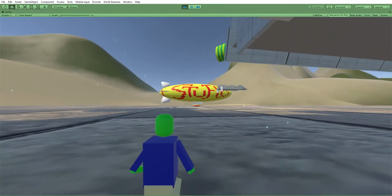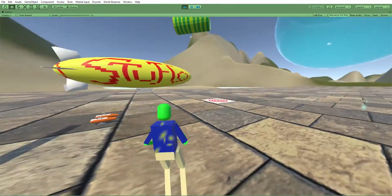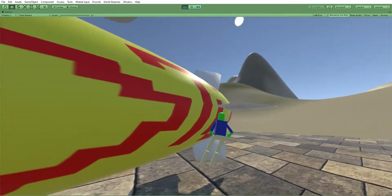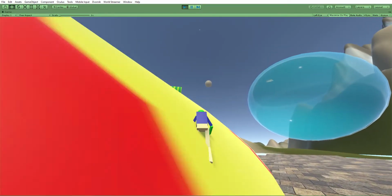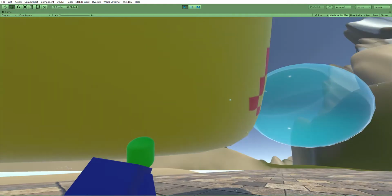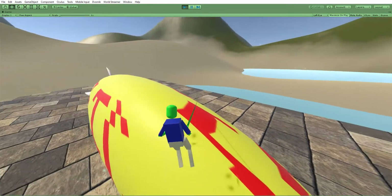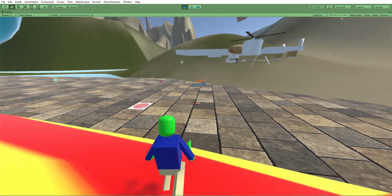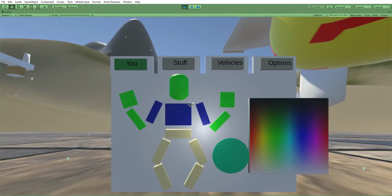So that's about it. I feel like I'm forgetting something, but yeah, mainly just wanted to show you that I've gotten pretty much all the main mechanics working without needing a VR rig, which is great because VR is cool, but it's a very high friction activity, and I know a lot of people who I'd like to be able to play this game without too much friction. And yeah, that about covers it, I think. So anyway,